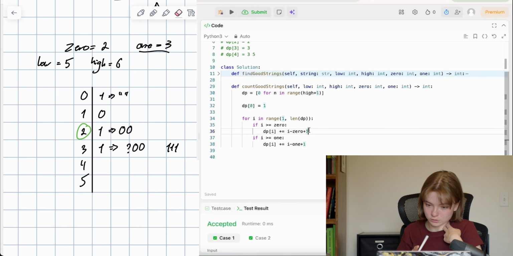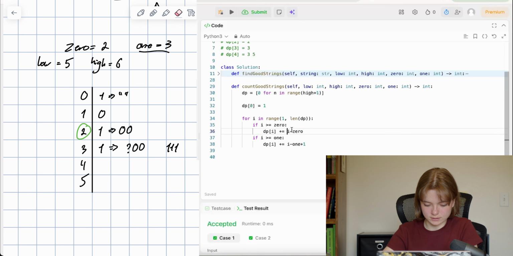No, there's no way to do that actually. There's no way to do 3. Oh, at this point is where we actually want to go, it's dp[i minus 0], not plus 1. So 2 minus 2 gets us to 0, which is 1. Right? Okay, then 3. 3 minus 2 gets us to dp1, which is 0 right here, because this is not possible.